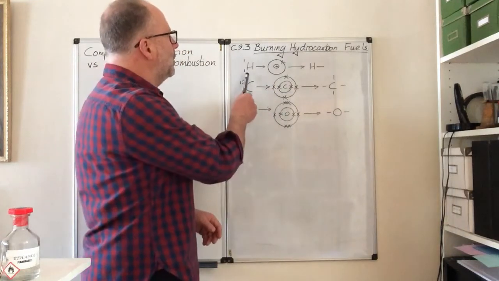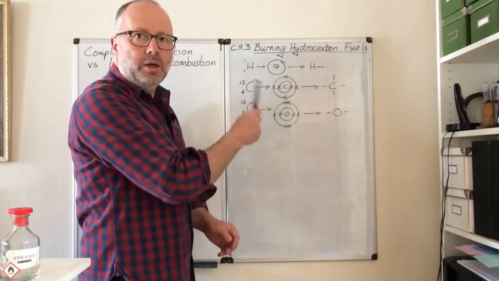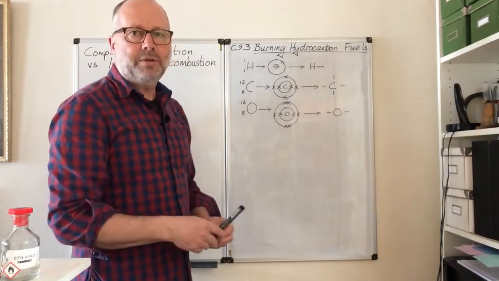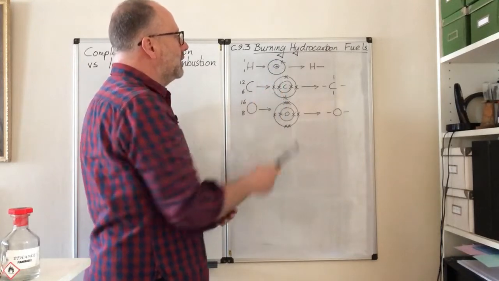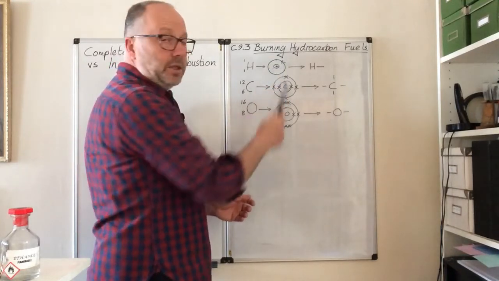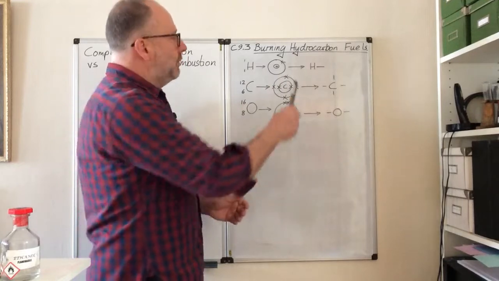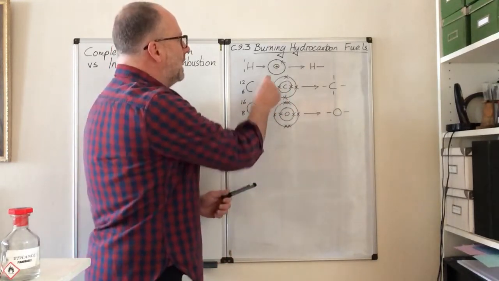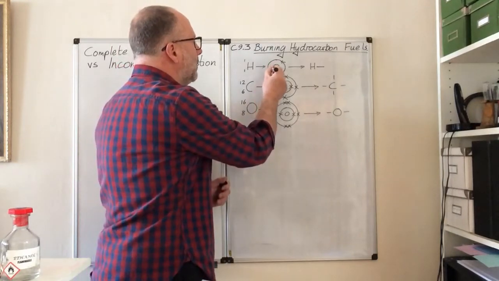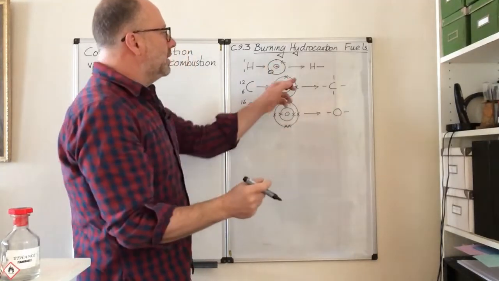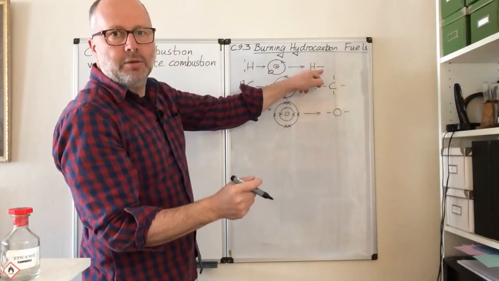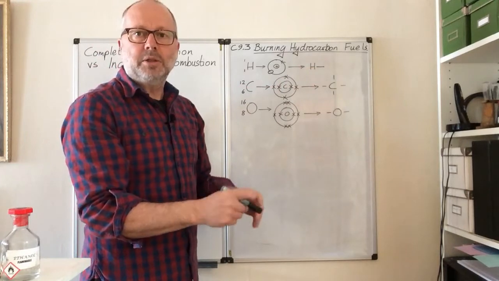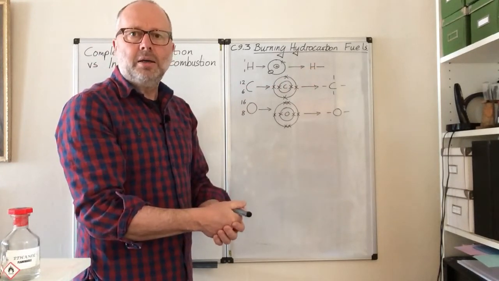We said that hydrogen has got an atomic number of 1, which means it's got 1 proton in the middle, and to balance out that positive proton you have a negative electron going around the outside. Because there's only 1 electron, that goes into the first shell here. The first shell would like to hold 2 electrons, and so there is a gap. There's a space here where it would like to have an electron, and so we draw it like this with 1 arm sticking out, trying to hold hands with another atom so that it can fill up that outer shell